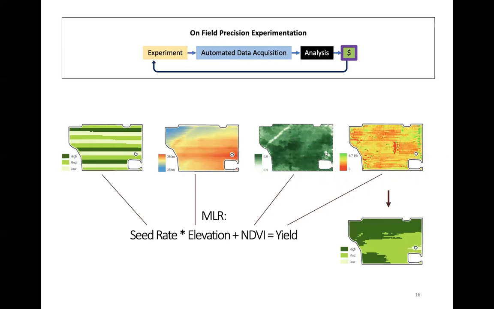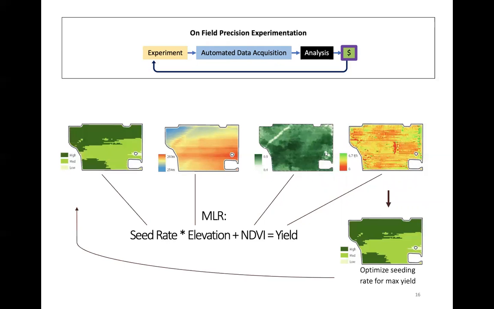And we come up with this new seeding rate model where you see the ideal seeding rates there, where the heaviest seeding rate is dominant across the field, the medium seeding rate gets a lot of portion, and then the lowest seeding rate is only a tiny part of the field. So that becomes our understanding of optimized seeding rate from this model. We take that and put that into the following year as our optimized model. The next time we plant wheat on this field, we can use this as our base for an optimized model of seeding